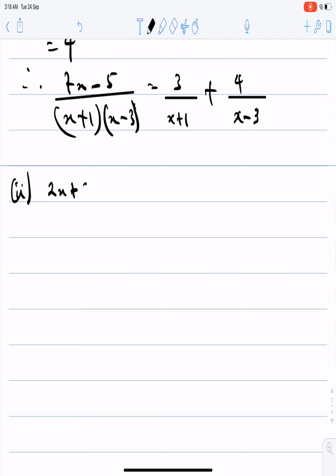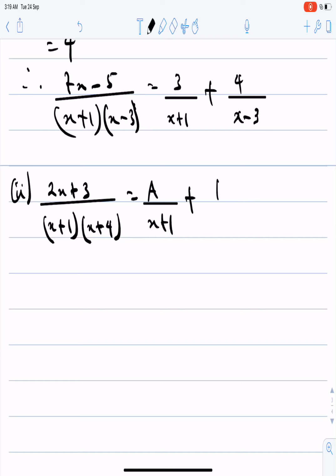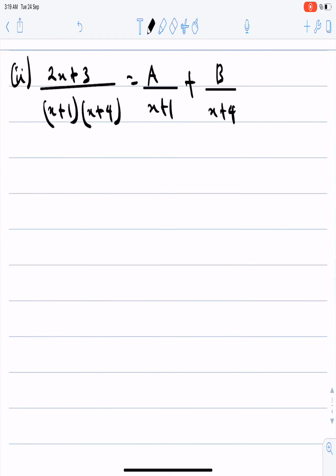2x plus 3 over x plus 1 times x plus 4. That's going to be equal to, the factors are linear, so they are polynomials of degree 1, and that means I'm assigning constants to the numerators of their partial fractions. So that's a over x plus 1 plus b over x plus 4, which is